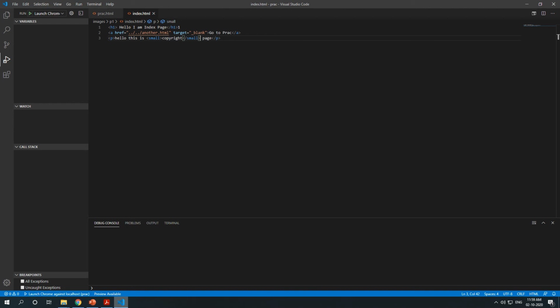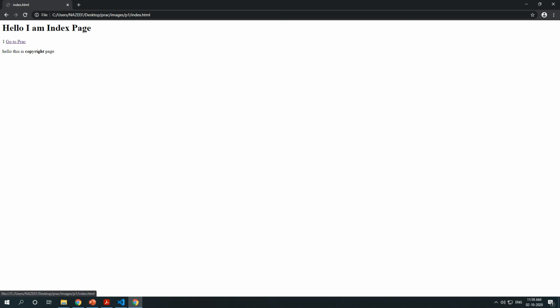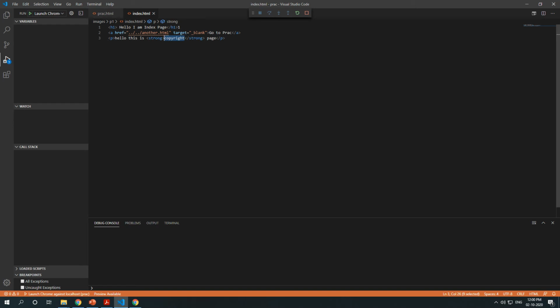Instead of small, if I write strong here and run this code again, see, this is strong, a little bit bold. Don't worry about span and all; we are going to study all these again and again in your upcoming topics. Then time, the time tag is to display time and date. You can type today's time and date here and use a closing time tag.